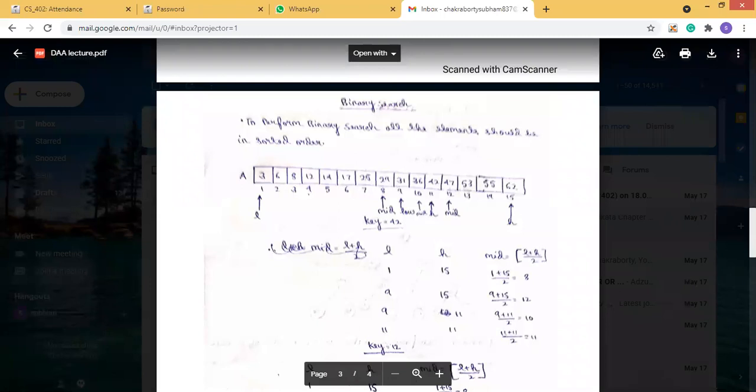This is a constant requirement: all the elements in the array should be sorted, either from ascending to descending or from descending to ascending. Either ascending order or descending order.